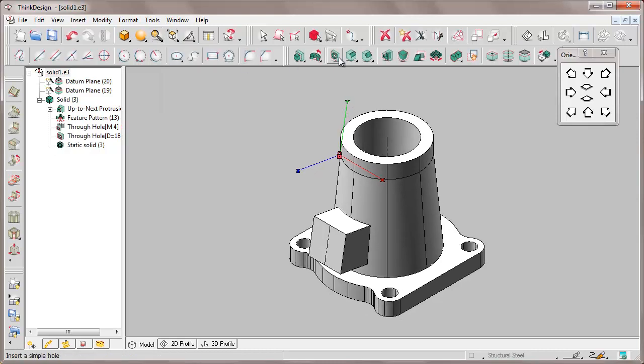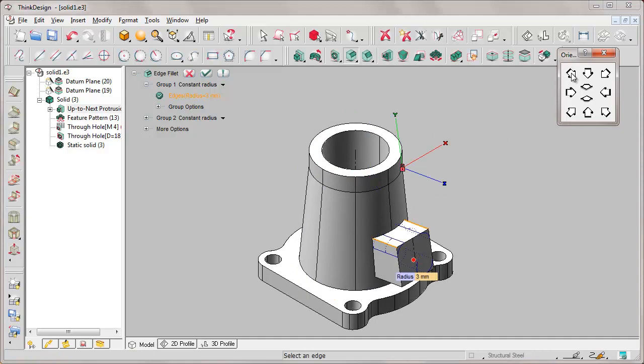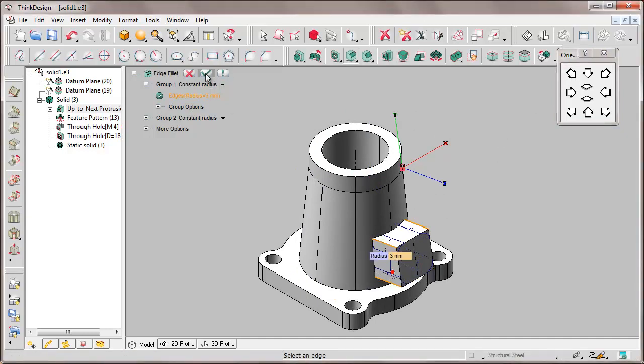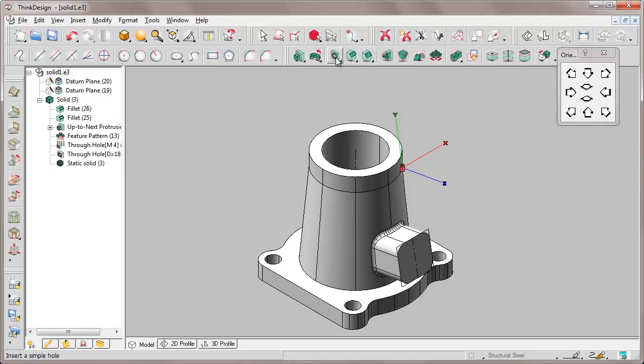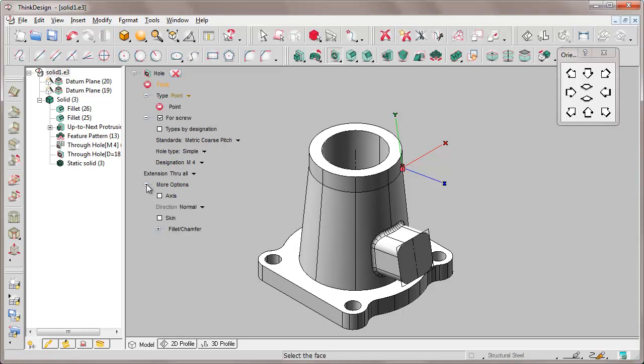Let's now add an edge fillet on the vertical edges of radius 3. Requiring to create a series of fillets, it's recommended first to add fillets on the vertical edges. In this way, we will remove all the discontinuity of tangency, and the next fillet we are going to create exploit the option tangency chain. Therefore, it will let the fillet, in this case of radius 1, go along the whole chain of edges in